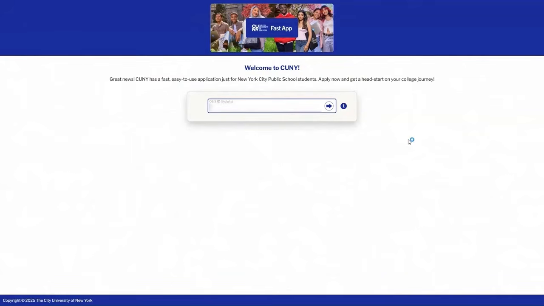Welcome to the City University of New York's Fast App tutorial. If you're a New York City public high school student, this step-by-step guide will help you navigate the now faster, simpler CUNY application process. To begin, visit